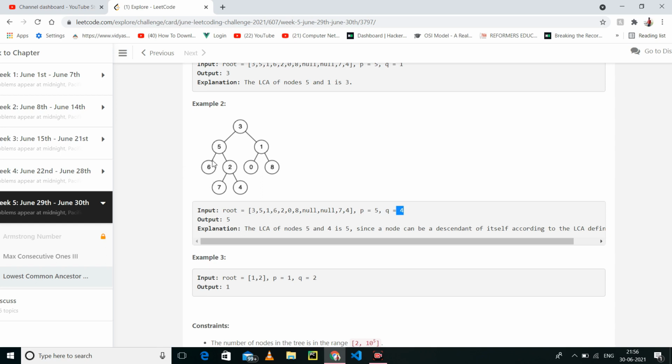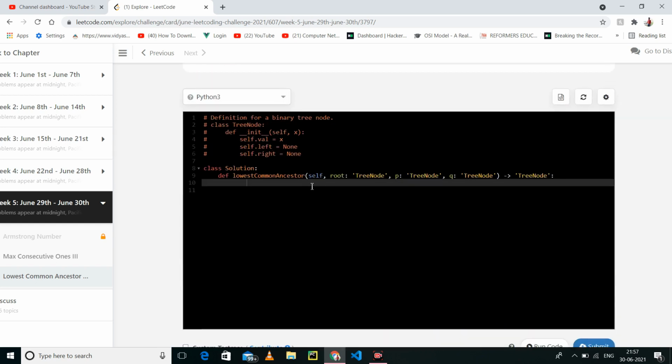If our left and right are not equal to None, because first I will initialize them to None, but as soon as I encounter 6, I will make it the root. As soon as I encounter 1, I will make it the root. So at this point the root is 1. When I encounter this 1, at this point my root is here, so I will make it the root. As soon as both become not None, I will return the root. So here I will maintain the two variables, left and right.